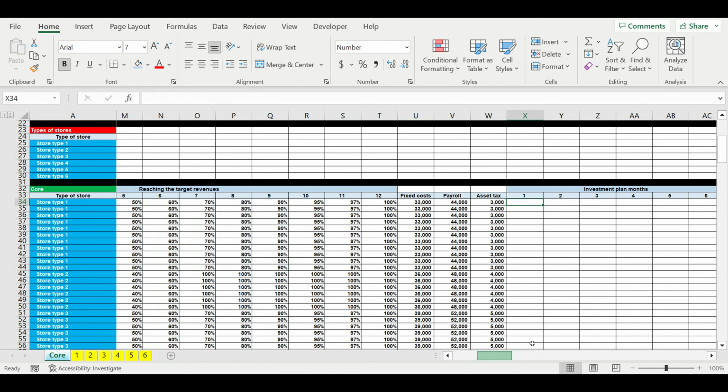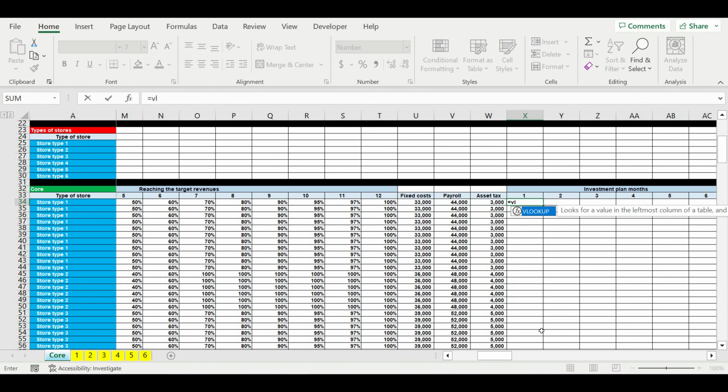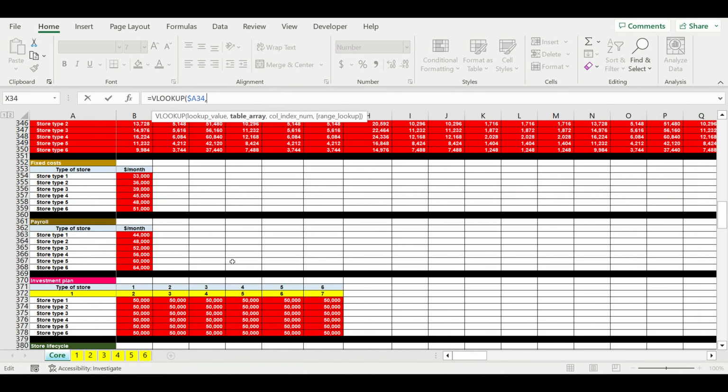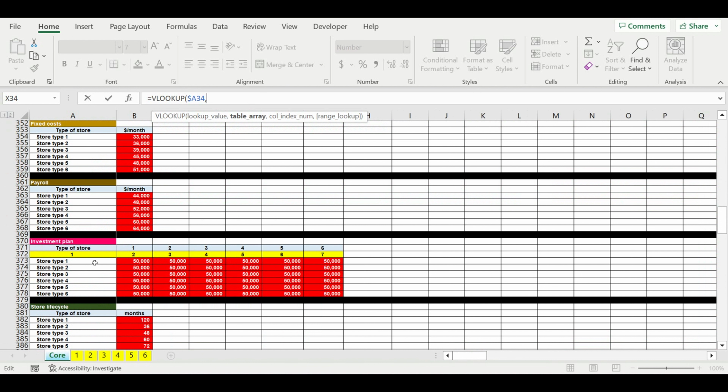So I will use VLOOKUP. So I will be searching for this value, the table where I will be searching will be this one,